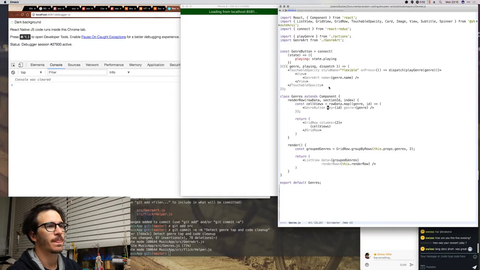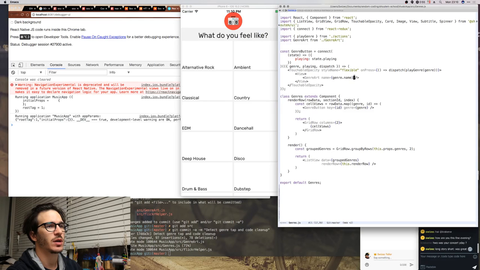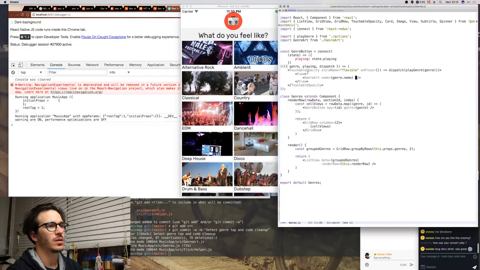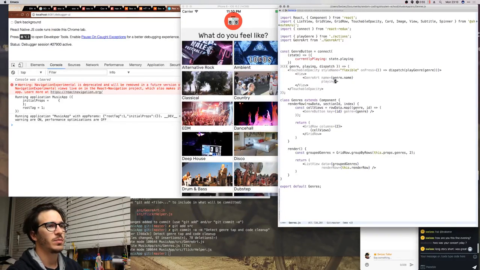Oh, so genre art. Currently playing, and we say playing is... my parrot is asleep, man. It's like 11 p.m. here, so the bird is in his special sleep cage and he sleeps. If currently playing.id is the same as genre.id,